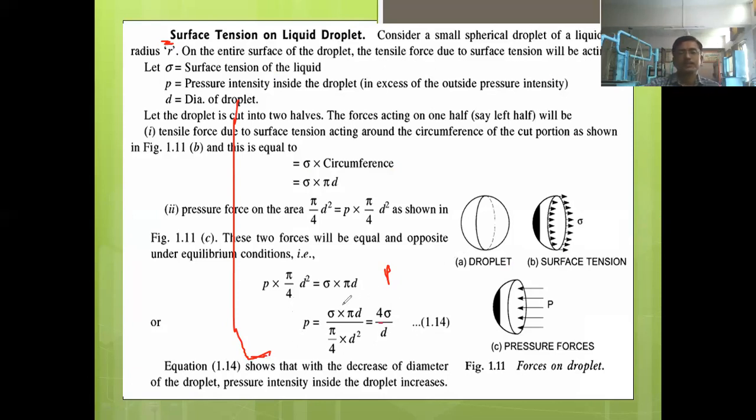So at present, just write down this title. Then you also have to write down this, because just writing this formula you may forget what P, what sigma, and what D is. Either write this down before writing the formula, or after writing the formula you can write where sigma is equal to, where P is equal to, and where D is equal to, like that. Okay, so write down the formula. P is equal to 4 sigma by D.